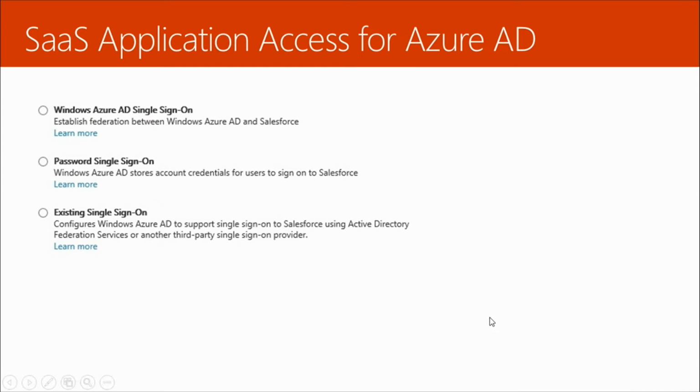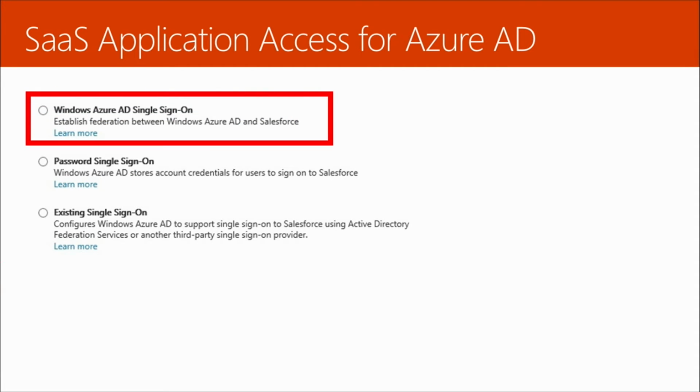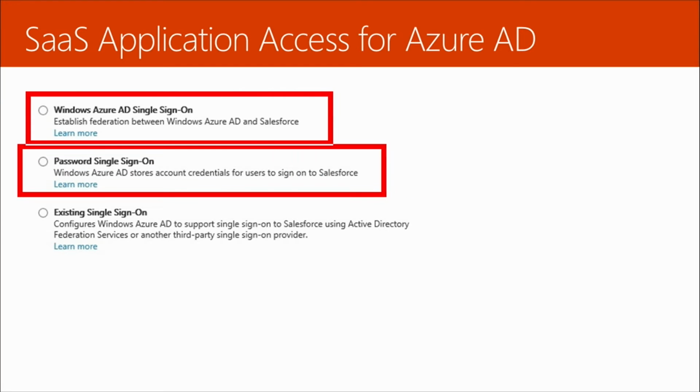Now, if we come to the rest of the picture, let's go through the building blocks. There are 4 main building blocks. In the first case, we have single sign-on, which we enable. And when I set up the application itself, I have 3 options here. I can do Windows Azure AD single sign-on. In this case, we use an example of Salesforce. We can do the password single sign-on that we selected. Salesforce actually was one of those featured applications, so it did true seamless SSO, but it also gives an option for password single sign-on as well.